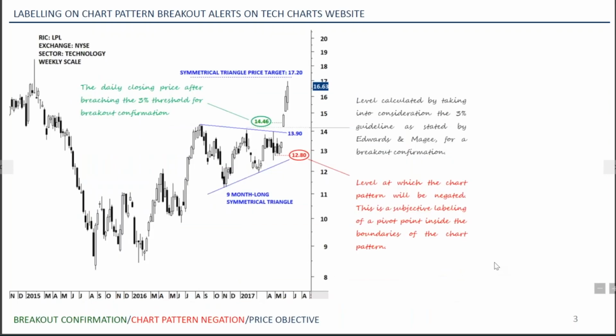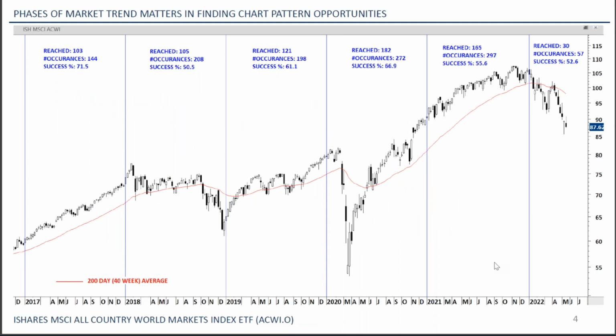Now we've discussed the labelings on the charts. Now let's look at these cycles. What happened over the past 5 years? What kind of market environment gave us much more reliable breakouts? Now, obviously, 2017 has been a great year. This type of environment where you can see a clean trend, almost most of the breakouts are completing and